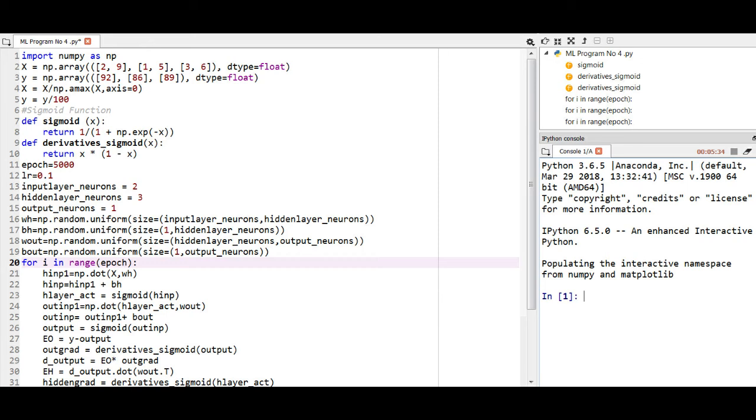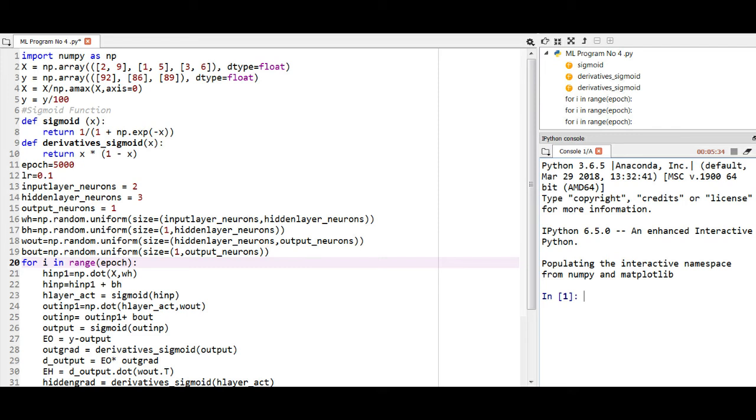Next, we have weight initialization for hidden layer, that is WH. The random.uniform method returns a random floating number between the two numbers specified.